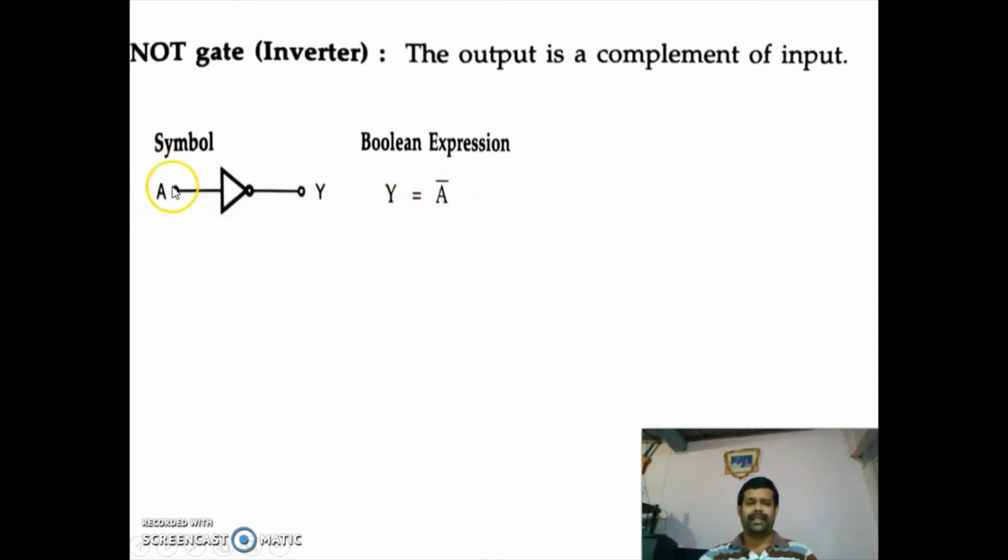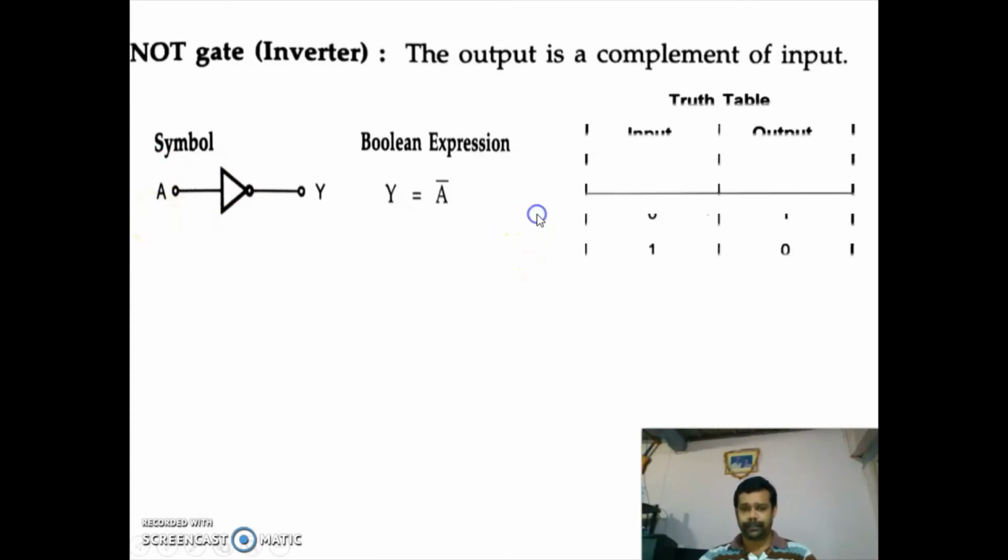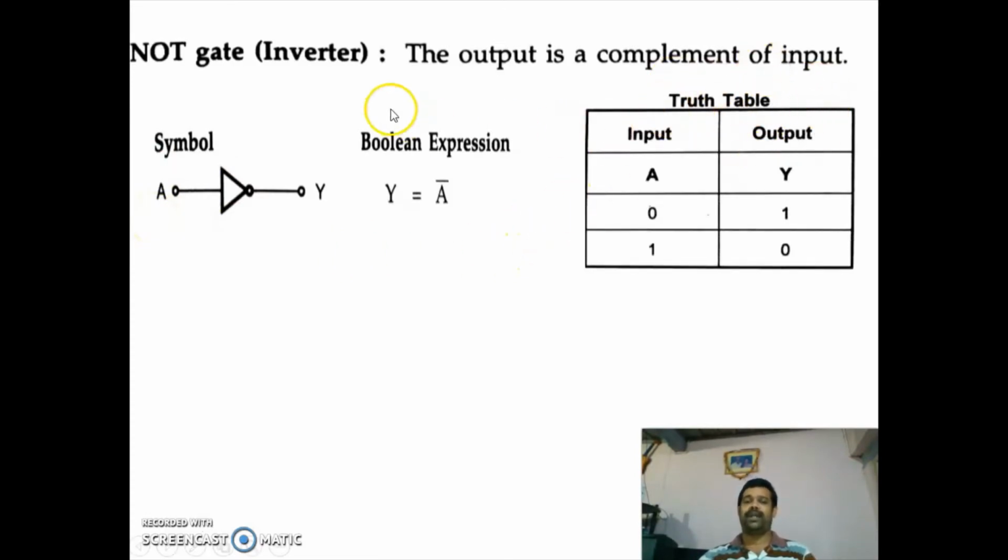So the input, here we have taken the input as A. If you want, you can take it as X. Similarly, the output here we have taken as Y. If you want, you can take it as F or anything. So these are the variables we are giving. So there is no fixed thing like that. If the input is there, it must be A, not such things are there. So we can name it as A or B or C, anything. Now we are coming to the truth table. So already I have told you that truth table gives the input output relations. So here how many inputs are you having? Only one.